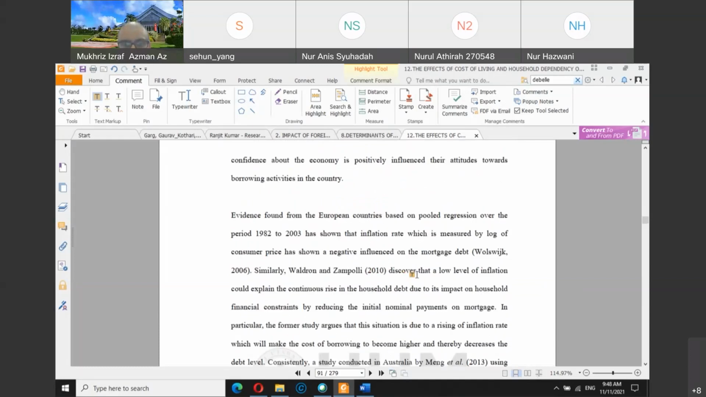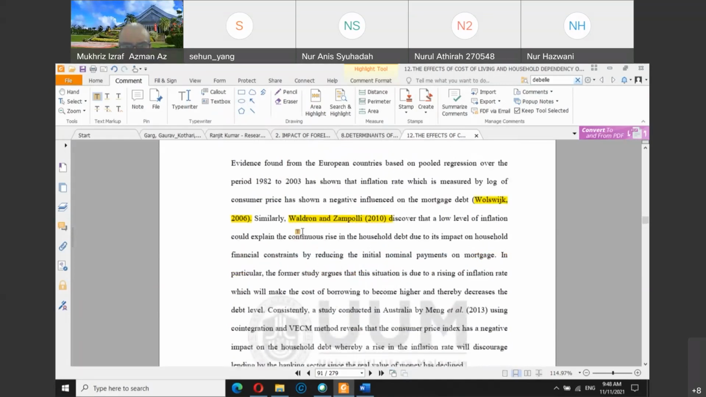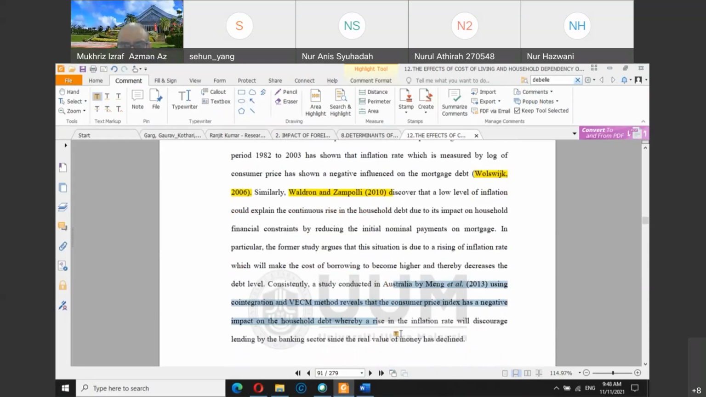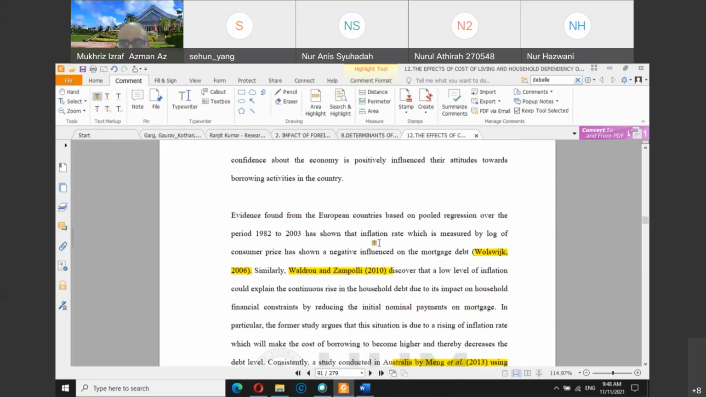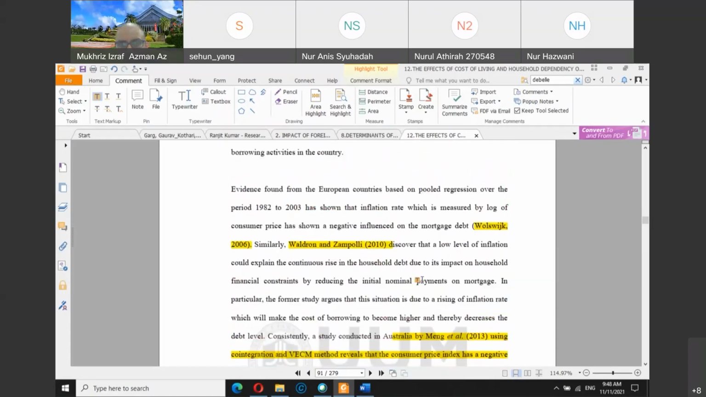And I think the student is quite consistent. For example, the article by Wolswijk 2006, around 4 lines. Wardron and Zampoli 2010, also around 4 lines. Meng et al., also around 3 or 4 lines. So every author that the student summarizes is around the same length, around 4 lines in your thesis. I do see students write almost half a page summarizing one article, which is not the ideal way,